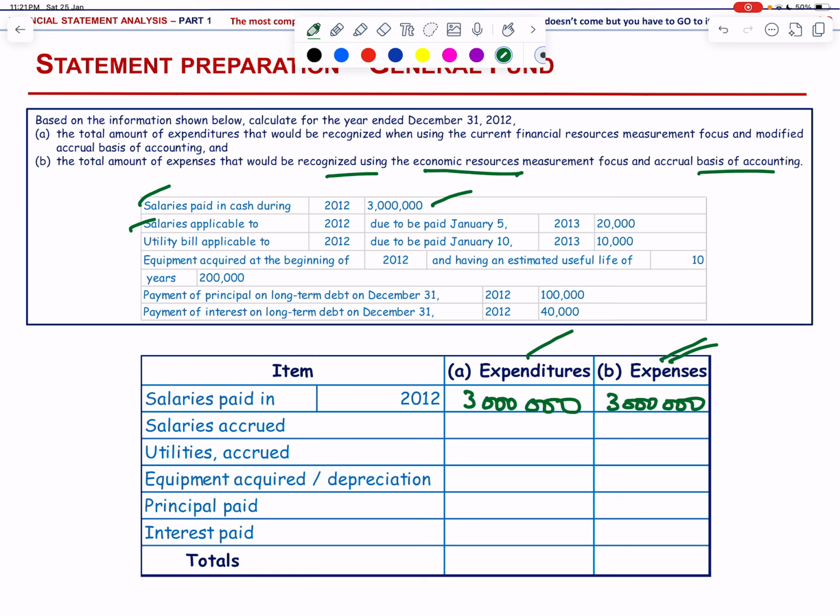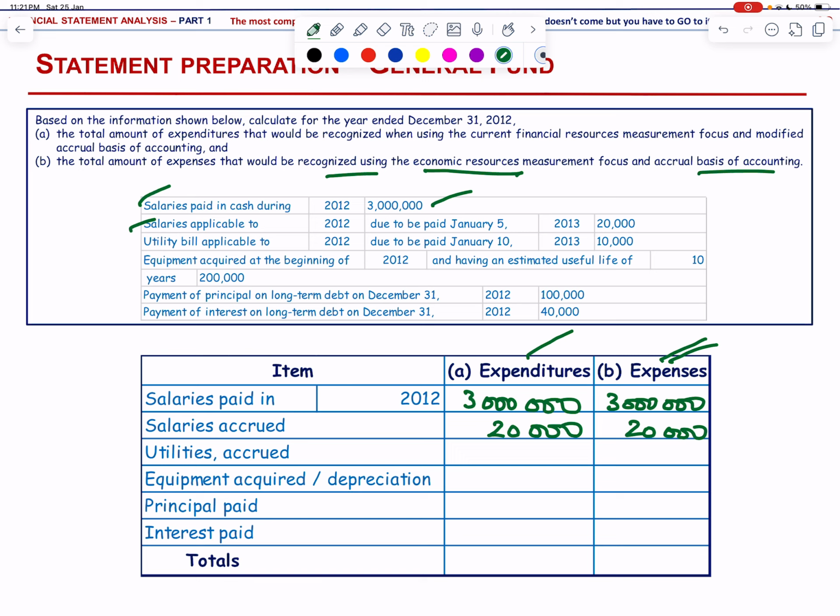So expenditures under the modified accrual basis, obviously they are going to be recognized when the liability is incurred and is due and payable in the current year or within the 60 days of the next year. Now since these salaries will be paid in January 2013, they are going to be recognized as an expenditure in 2012. So that is salaries of 20,000. Under the accrual basis, expenses are recognized when incurred, regardless of when the payment is made. So since the salaries were incurred in 2012, the amount is recognized as an expense for the year